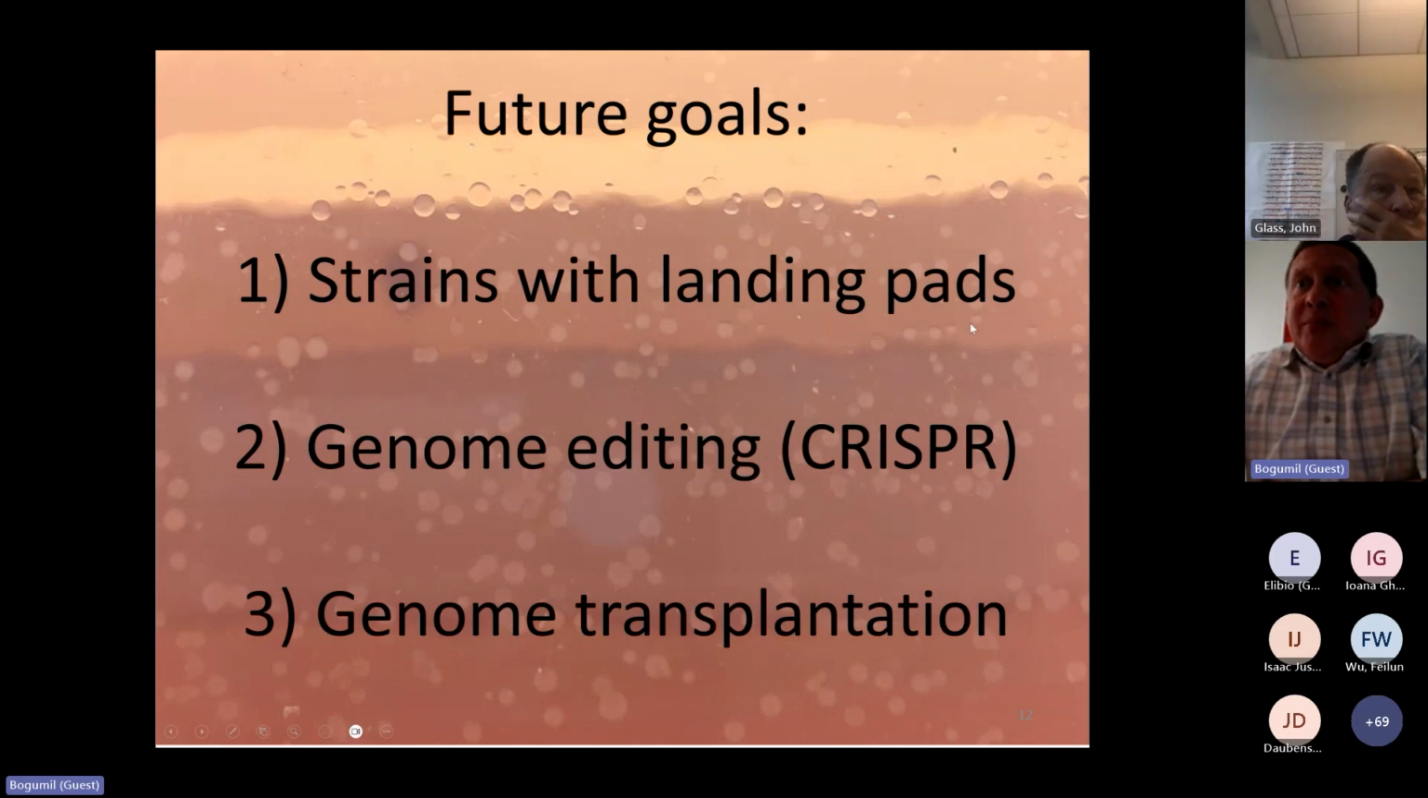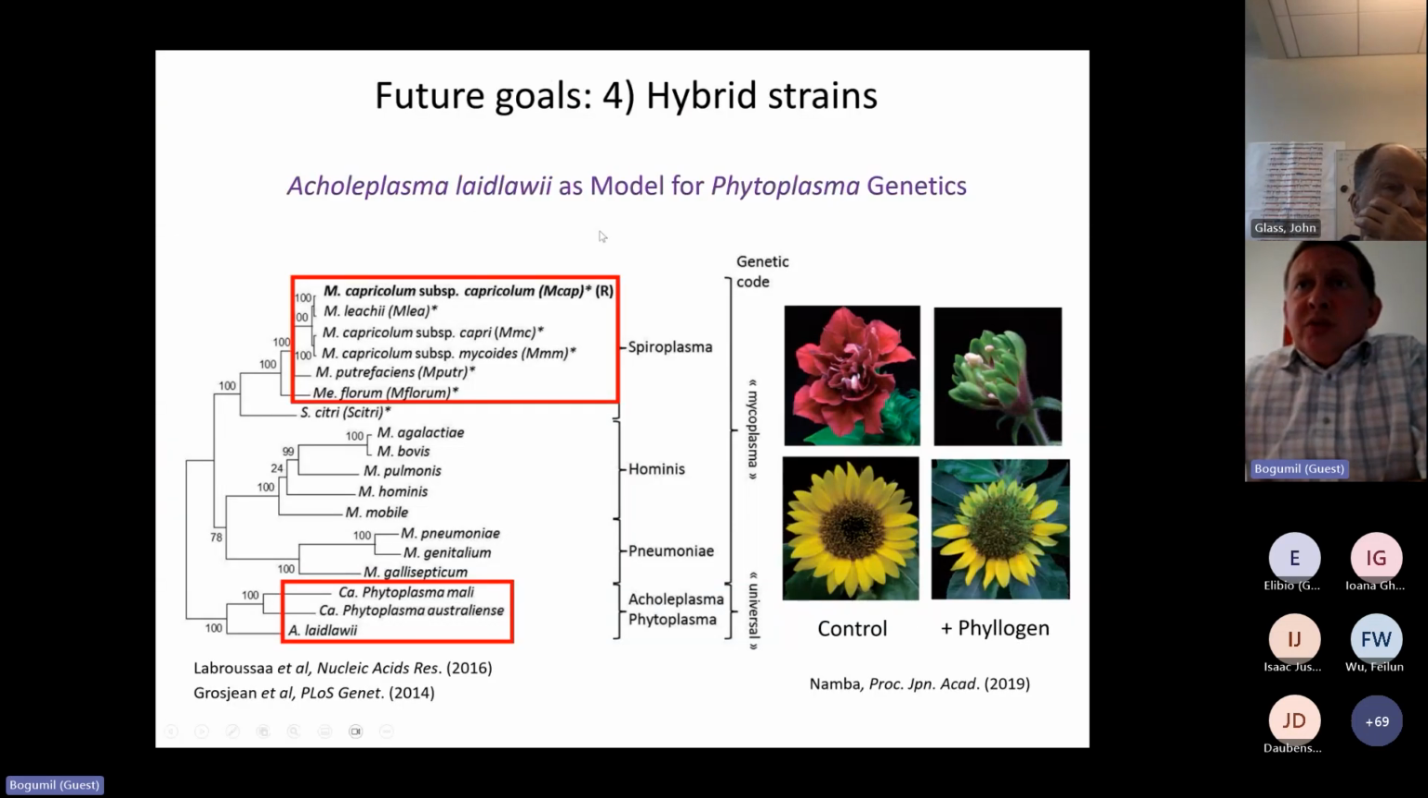Strains with landing pads, so we can start installing large fragments, genome editing, all kinds of CRISPR applications. Obviously, the main thing, genome transplantation. We would like to start creating hybrid strains, by loading large pieces of DNA on a plasmid and inserting or adding them to the landing pad. Now, Acholeplasma laidlawii is really closely related to phytoplasmas, which are plant pathogens and cannot be propagated